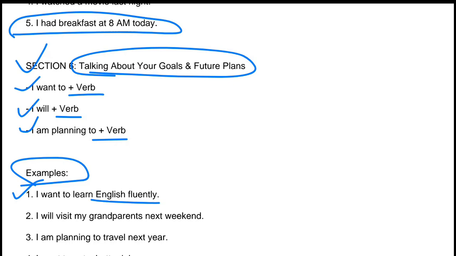Now, what is the meaning of fluently here? Fluently here, like for example, you are speaking something and the person listening to you can clearly understand you and you are not stopping anywhere. Okay, for example, you're talking to me and if I stop 3 to 4 times in my communication, in my conversation, you simply mean that the person is not having fluency in English language. Clear? Next is I'll visit my grandparents next weekend